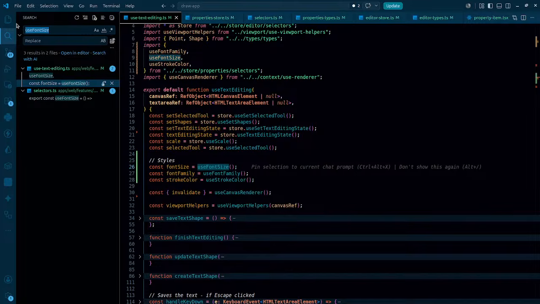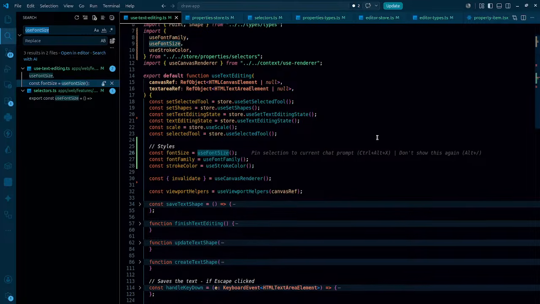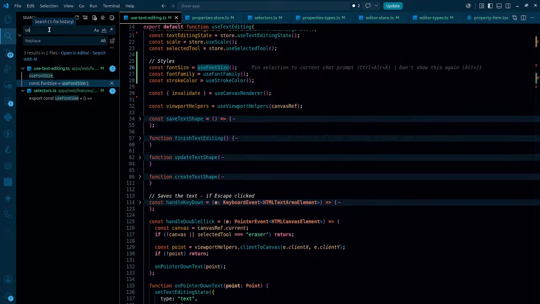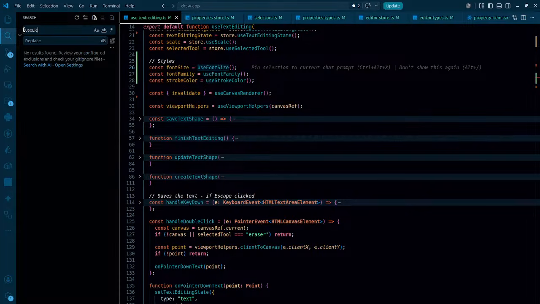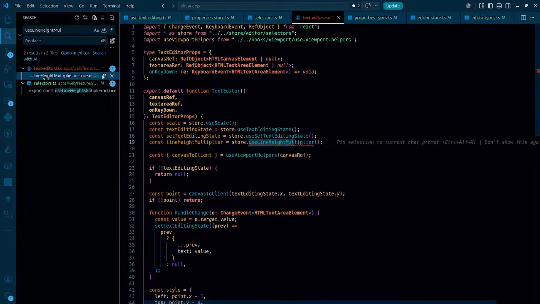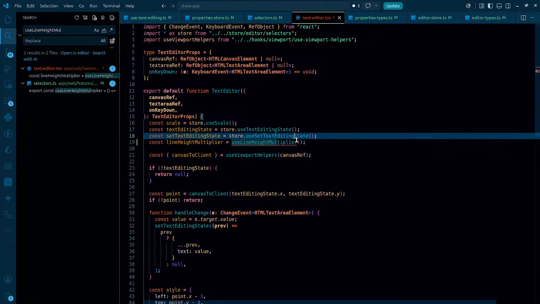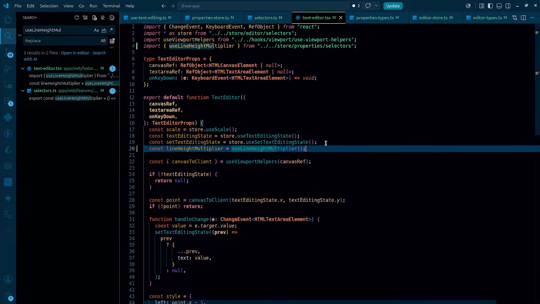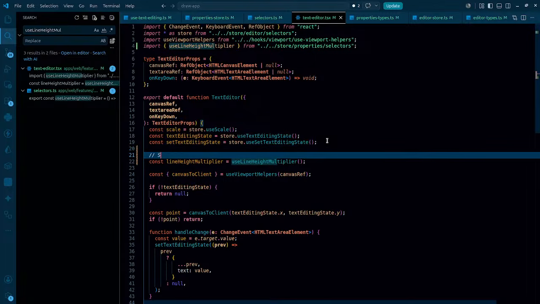And it turns out yes, because you don't really need anywhere else. You need it whenever you are saving it. Great. Use font family, just in here. Use line height multiplier, exporting it from here. So this particular part needs to be corrected, that is it. So let's run. This actually comes under style,